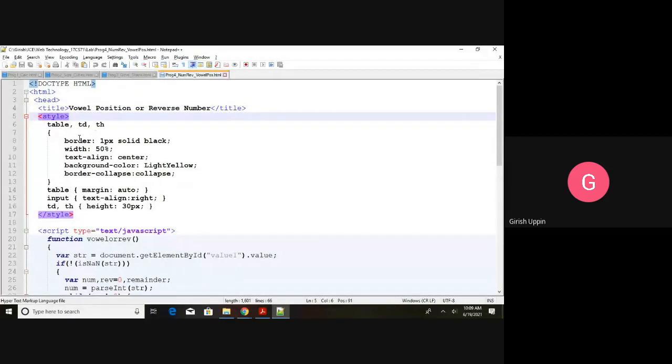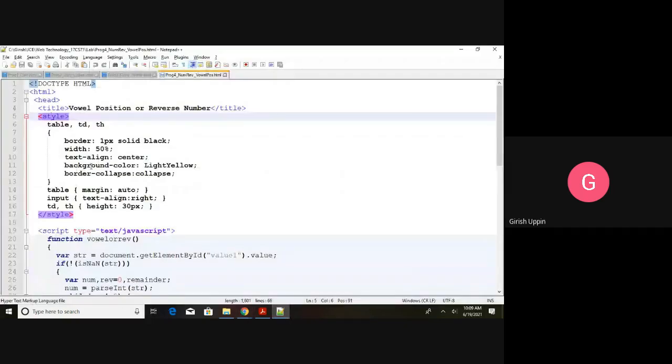If you see the style, for table, td, th: border 1 pixel, solid black, width is 50%, text alignment is center, so all the text is aligned center. Then background color is light yellow. Border collapse, that is how you will see the nice lines as a table. Then table margin is auto, and for the input controls I have text align as right.